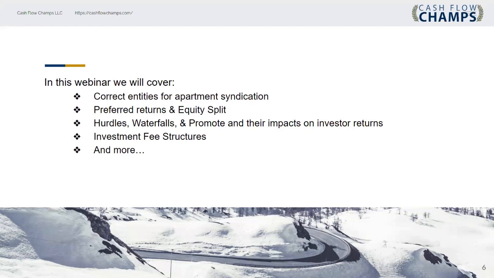So structuring an apartment syndication deal also involves investment fee structures. And the investment fee structures always give an indication really of the alignment of interest between the sponsors and the investors, right? So a traditional private equity structure normally has an acquisition fee, an asset management fee, a preferred return and a promote, right? We touched on some of those terms before, but even this traditional structure can have a malalignment of interest between the GP and the LP. So you have to be aware of these things and know what type of structure is going in place to compensate for something like this, right?